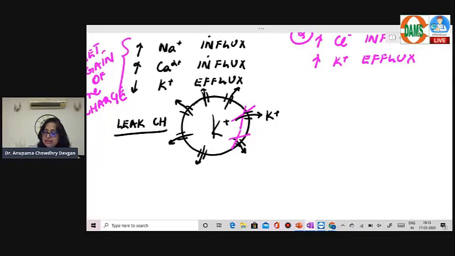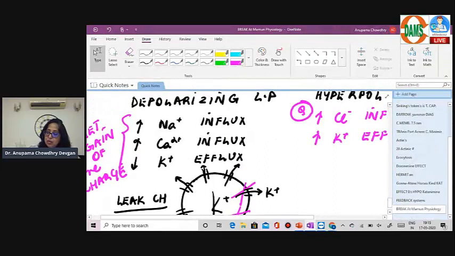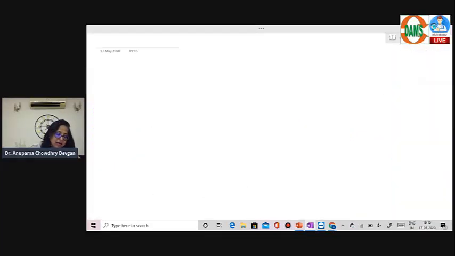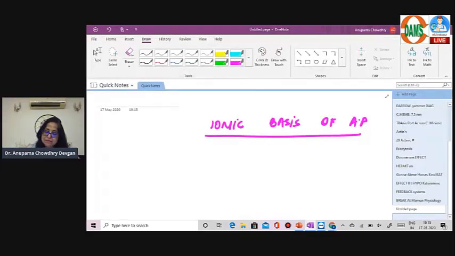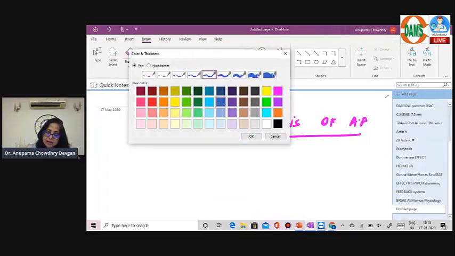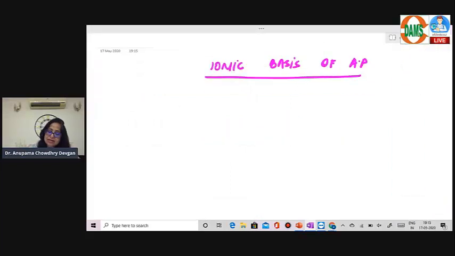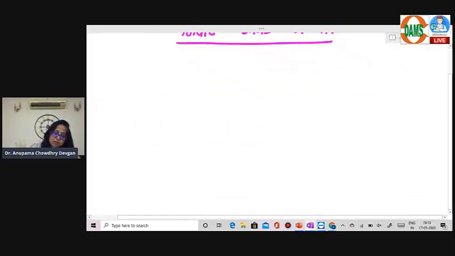Okay. Now, this is as far as your local potentials are concerned. Next, let's have a look at what is the ionic basis of the action potential, right? How does an action potential result? Now, we've already discussed that the resting membrane potential of most neurons